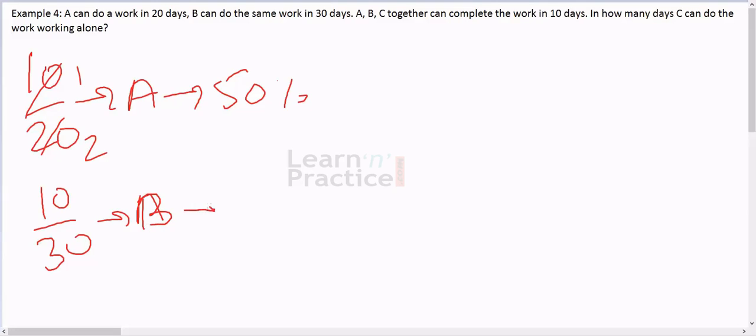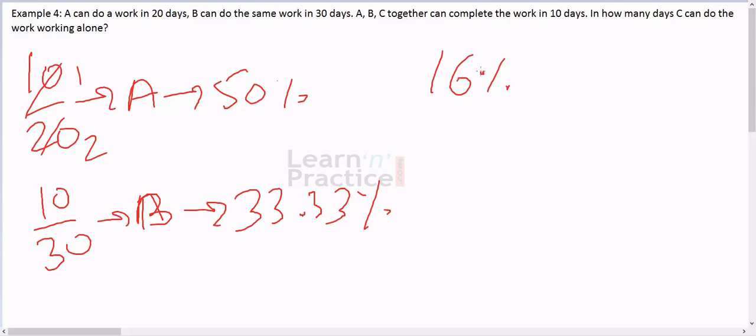So this will give us 33.33 percentage. So A and B together can complete 83.33% of the work in 10 days. So the remaining work would be 16 point some percentage amount of work will be completed by C in 10 days, right? So if we take approximately 16% of the work is completed by C in 10 days,